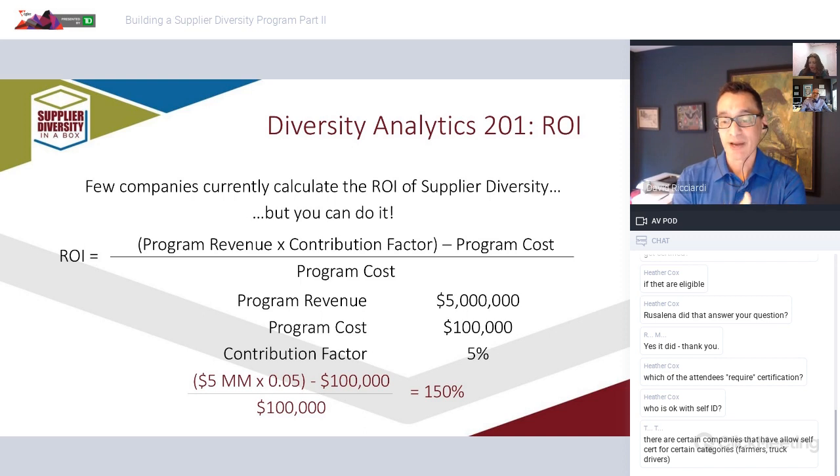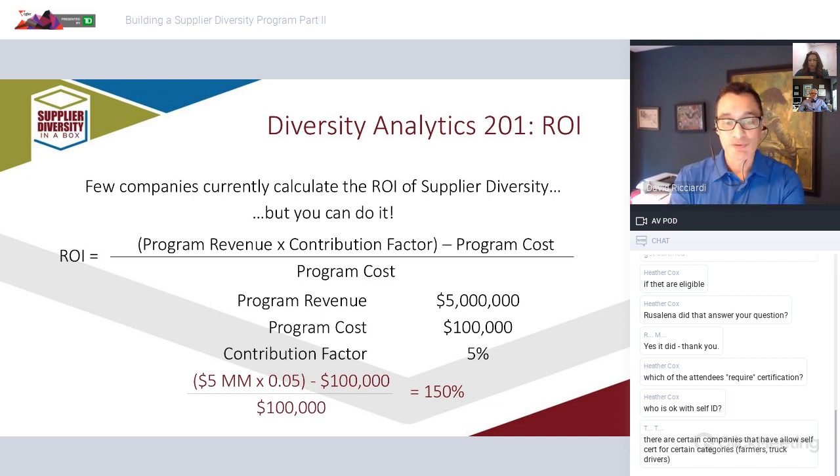I think our history of supplier diversity, say in the US, is driven by a lot of government factors, where the government's counting spend. So therefore, people wind up counting spend. And if you're just starting a program now in Canada, you have the opportunity to look at it in a different way and say, we're not just counting spend for the sake of counting spend. One of the things we want to be able to measure is the impact of a supplier diversity program on our internal company. There's a calculation here, basically an investment calculator, the same way you might measure the ROI of any investment you make.